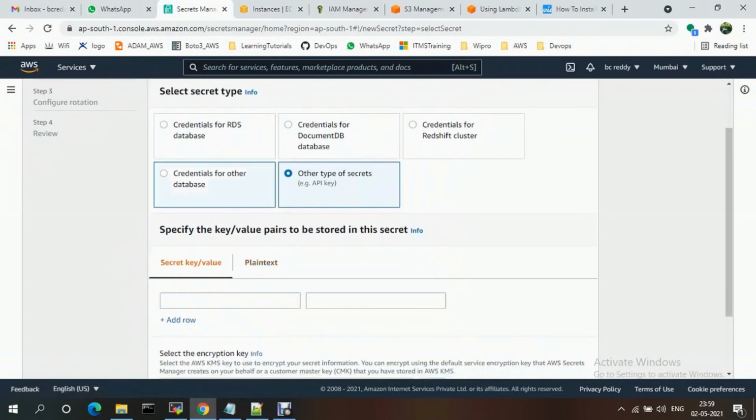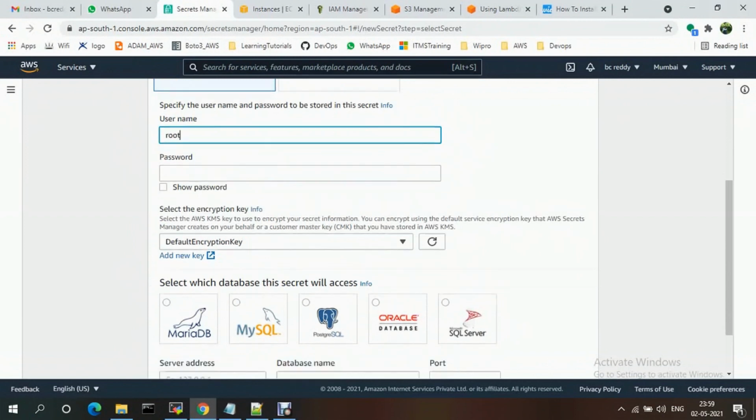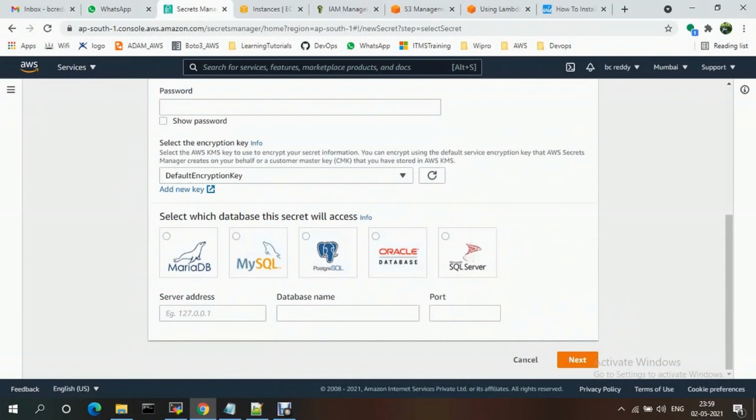If you want to create credentials for a database, provide the username, root, and you can select a database and provide the database details here, port number and all.